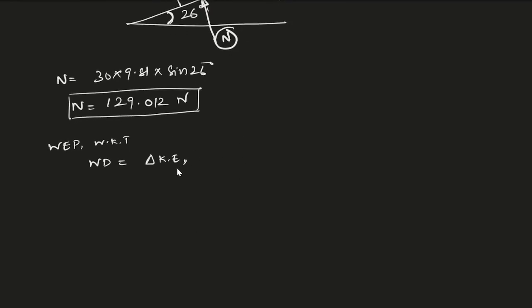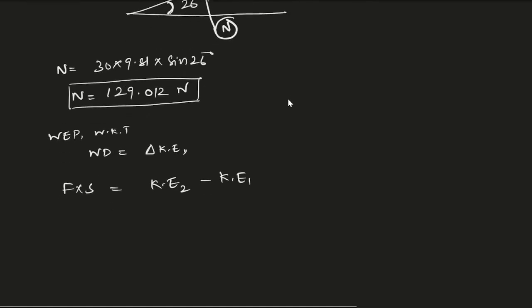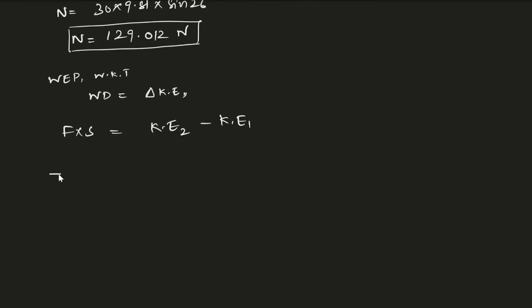So the change in kinetic energy equals the work done, which is force into displacement. So K2, kinetic energy 2, minus kinetic energy 1, initial position. What are the forces acting in the x direction? We have two forces. One is 30 into 9.81 cos theta. Another one is the frictional force as well. So minus 30 into 9.81 into cos of 26 degree